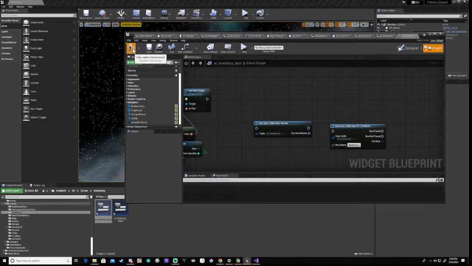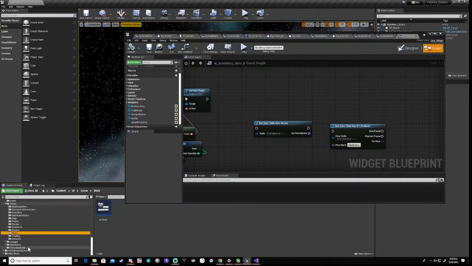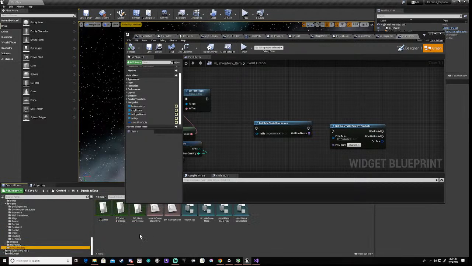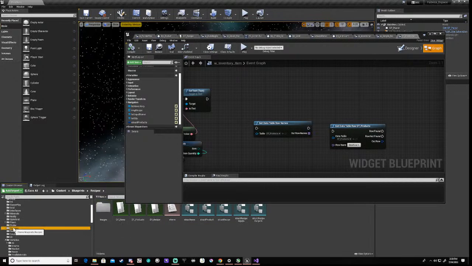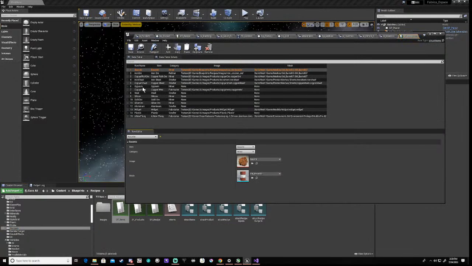So let's have a look at our structs and data, except it's not in here. So we need to go to our recipes, and our recipes are, so DT items is this,